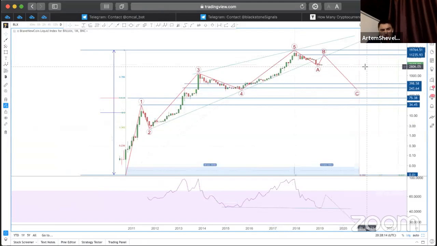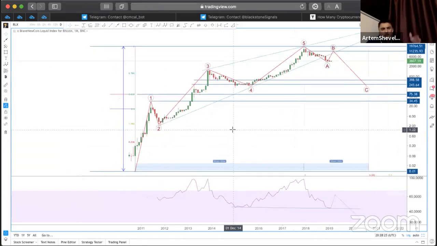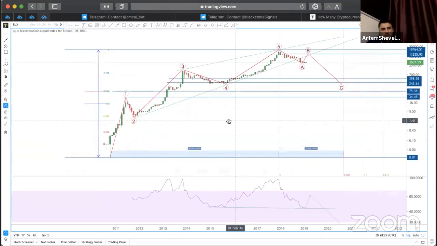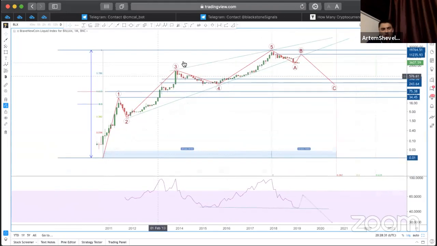All right, so from this chart, we can see 1, 2, 3, 4, 5 Elliott wave cycles. I'm not saying that this is correct. I'm probably mistaken here, but anything could happen, as you know. And if it's really 1, 2, 3, 4, 5 legs up, then we're gonna have a correction cycle, right?